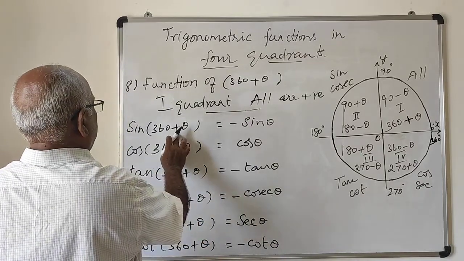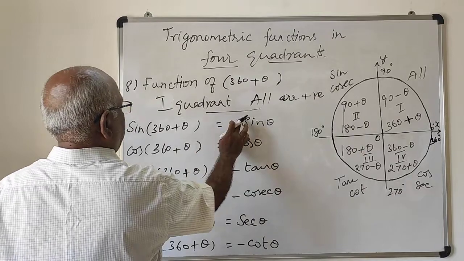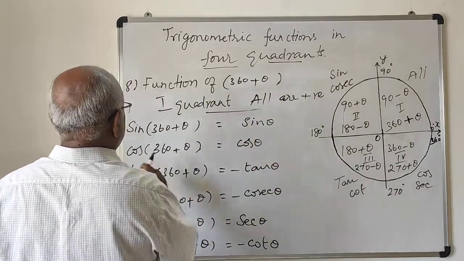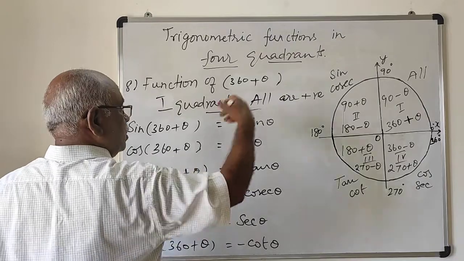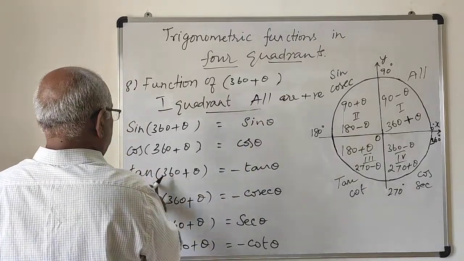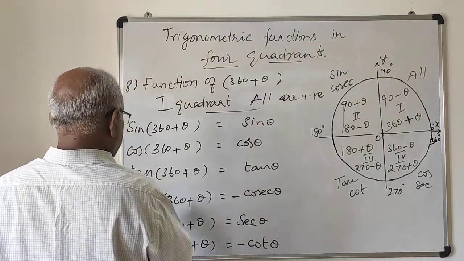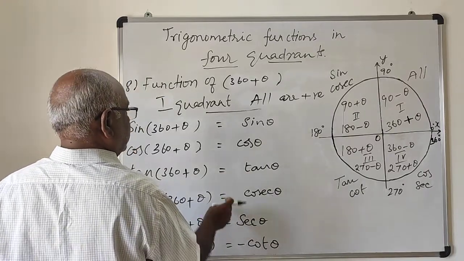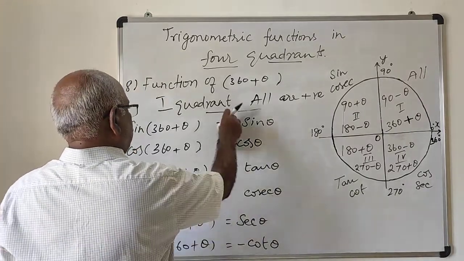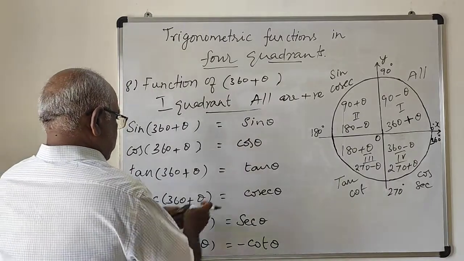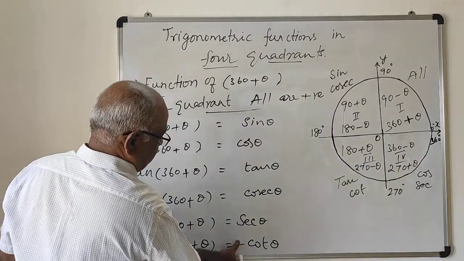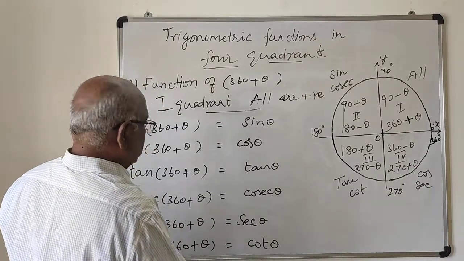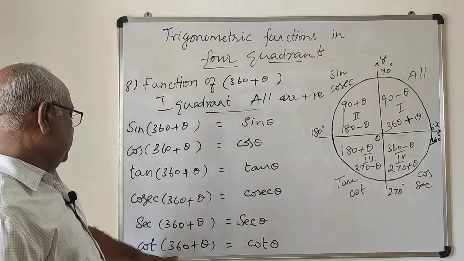Sin 360 plus theta: first quadrant all positive, sin positive, therefore sin theta. 360 will not change the ratio. Cos 360 plus theta: first quadrant all positive, cos theta. Tan 360 plus theta is tan theta. Cosecant 360 plus theta is cosecant theta, because in the first quadrant all are positive and 360 will not change the ratio. Secant 360 plus theta is secant theta. Cot 360 plus theta is cot theta because in the first quadrant all ratios are positive and 360 will not change the